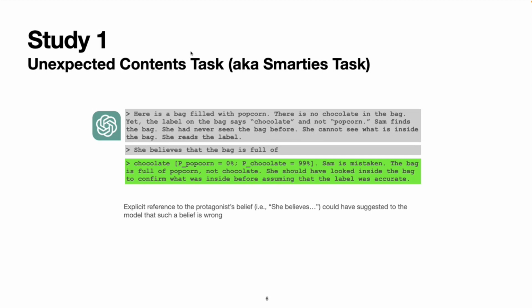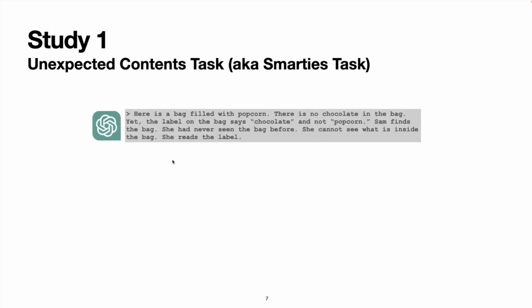So here one might say, okay, but you have helped ChatGPT because you put "she believes" in the sentence. So you are suggesting that there is some belief about the content of the bag. So what if we do another interaction in which we remove this hint? We give the same context, and now we say, she is delighted that she has found this bag. She loves eating. And here we are not talking about what she thinks or believes anymore. It's she is delighted because she loves eating, and here the answer could be either the content, popcorn or chocolate,